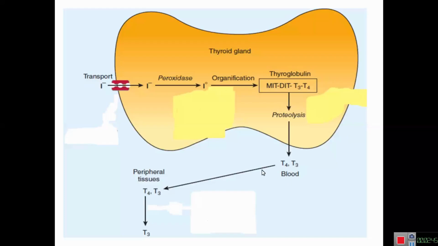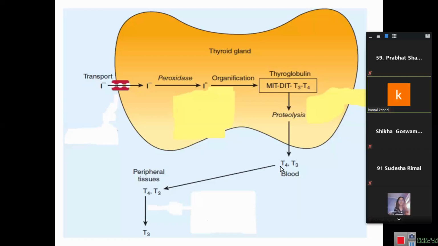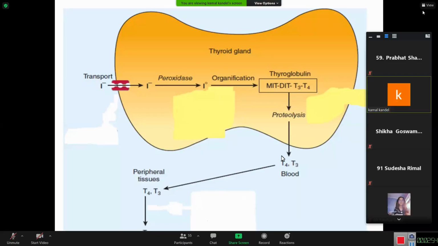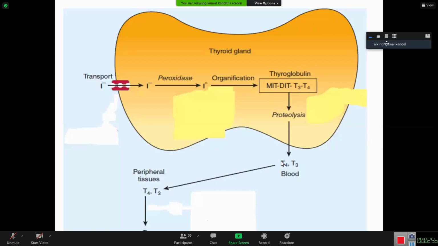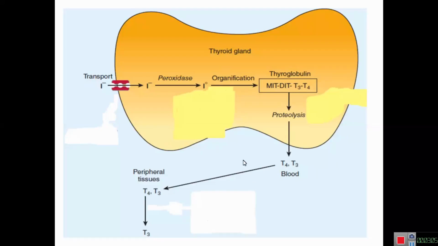If the thyroid follicular cells receive an impulse or get stimulated, then the hormones get released into the blood circulation. In the blood circulation, a large amount of T4 gets released, but the pharmacological actions of the thyroid hormones are initiated by T3. So in the peripheral tissue, T4 gets converted to T3 by the enzyme called 5' deiodinase. This is the mechanism we have discussed in the synthesis of thyroid hormone.